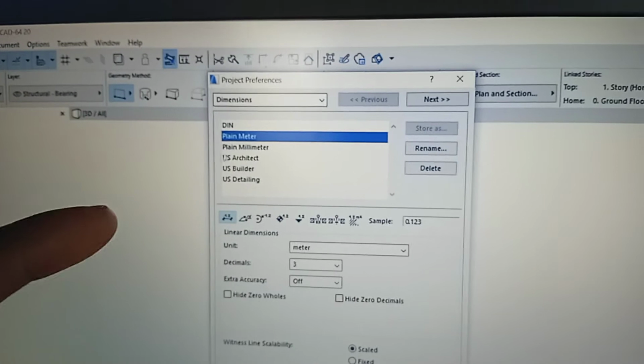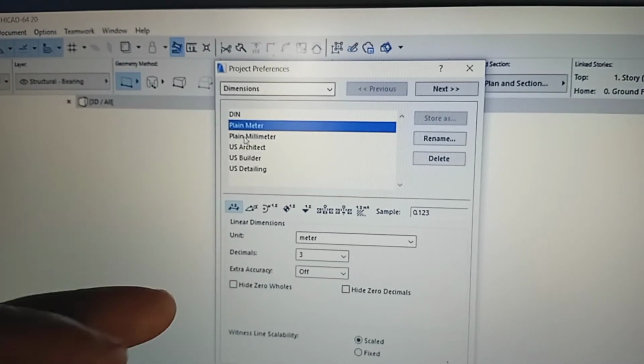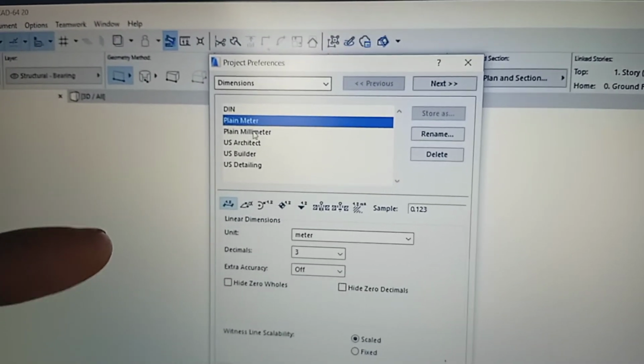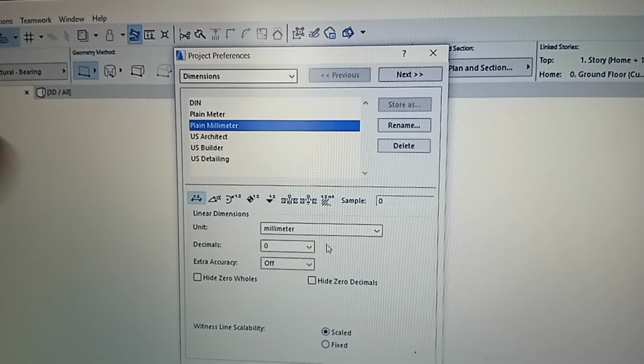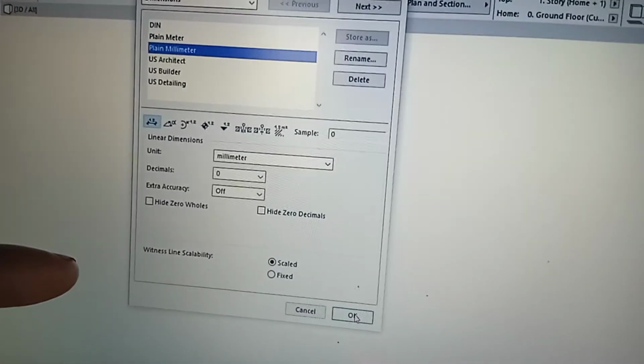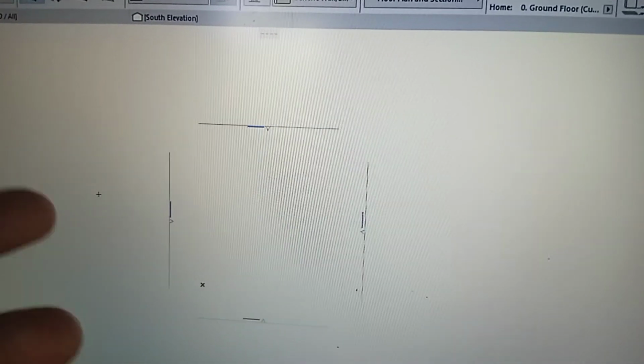dimensions. You will say thou engineers use plain millimeters. That is how we set the Archicad. So after that you will say okay. Those lines, the 4 lines are called markers. So you will make sure you draw your project inside the markers. So inside the markers you will start by drawing like this, and you look kama unataka 20,000